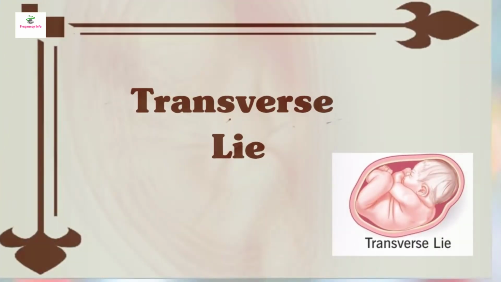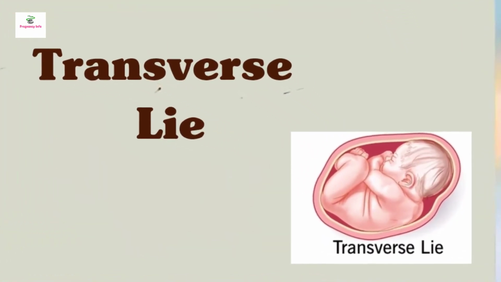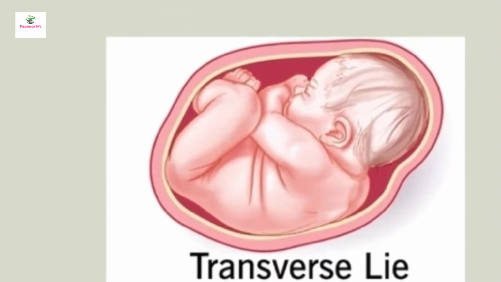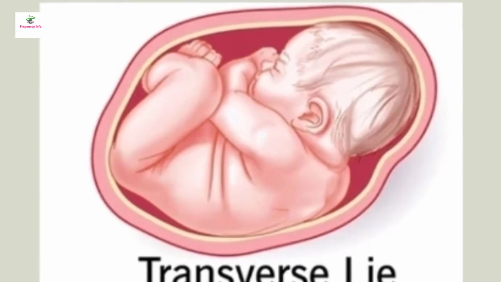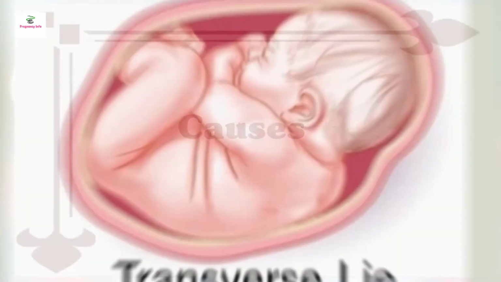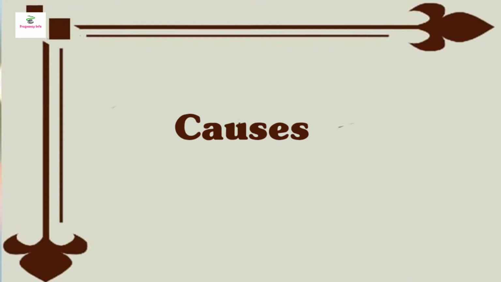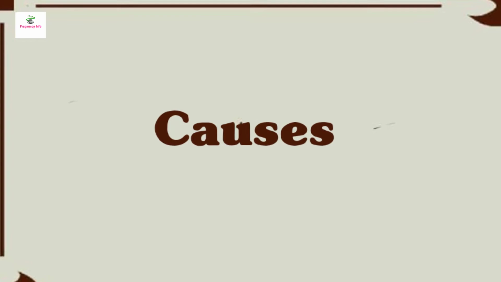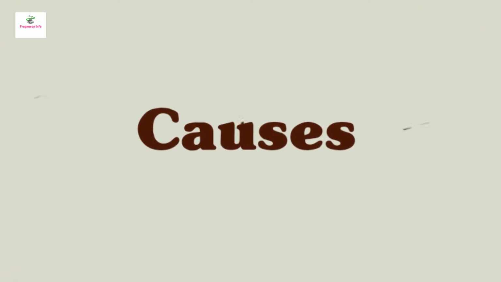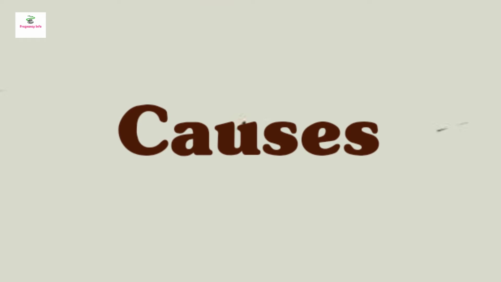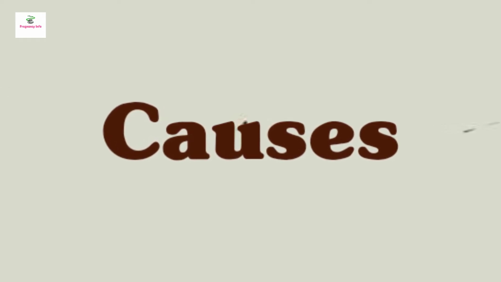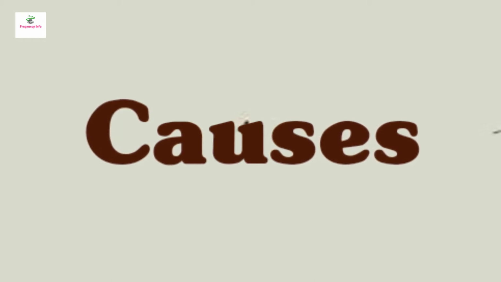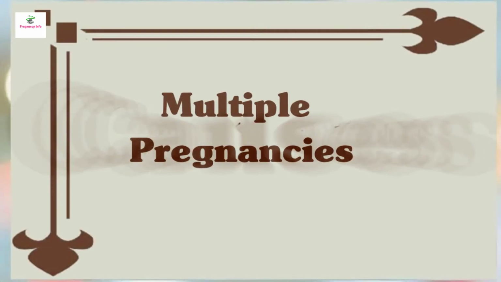Transverse lie. This is the form of breech presentation where your baby is positioned horizontally across your uterus instead of vertically. This would make the shoulder enter the vagina first. What are the causes of breech pregnancy? With all types of breech pregnancies, the baby is positioned with its bottom towards the birth canal instead of the head. Doctors can't say exactly why breech pregnancies occur, but according to the American Pregnancy Association, there are many different reasons why a baby might position itself the wrong way in the womb, including: